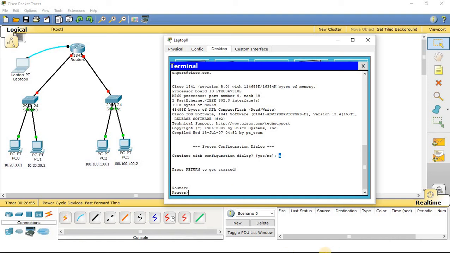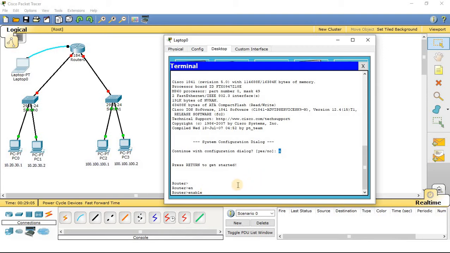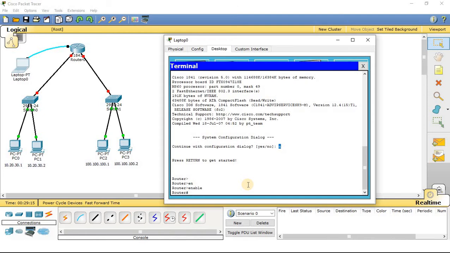So first one thing I have to do is change the status of this router. For that I will write enable. This command will change the status of the router from disable to enable. So you can see now the router is in enable mode.